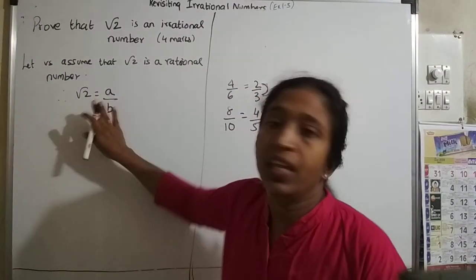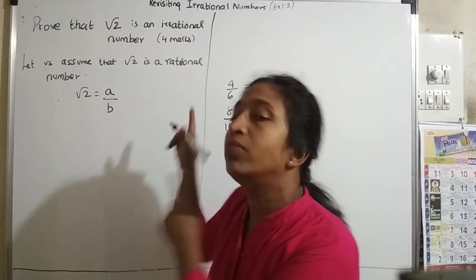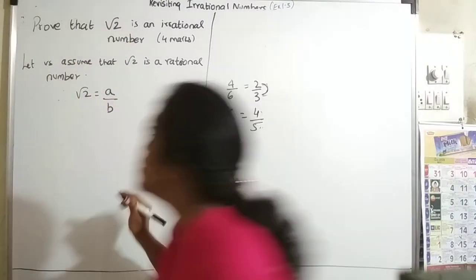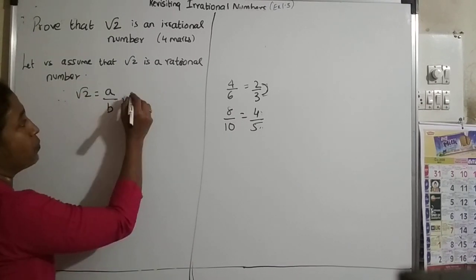Now this is very, very important, what we are writing here, because we are going to contradict this statement and prove a theorem. That is the main logic. So here you need to write: we have assumed that a and b we have reduced to the lowest form. So you will write